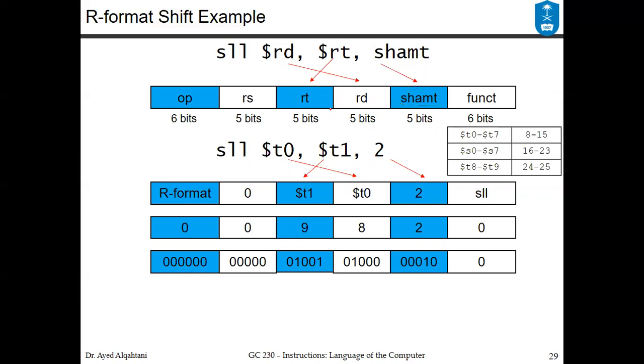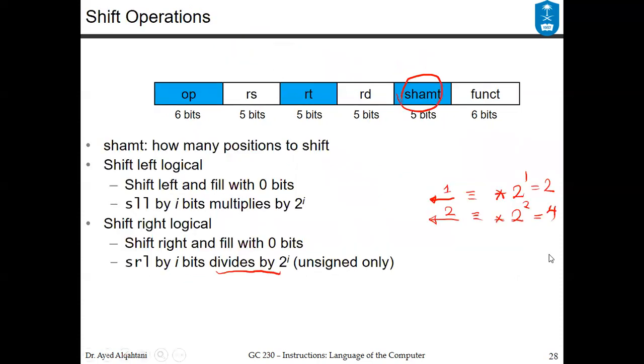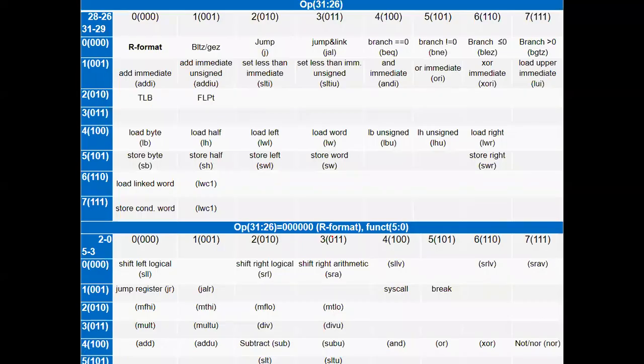Things that you should remember too in the shift, the RS is 0. Now in this example, the shift amount is 2, so you copy 2. T1 goes here, T0 goes here. It's an R format, so the opcode is 6 zeros. Now, if you check the functionality of SLL, going back to the table, you will find that SLL is right